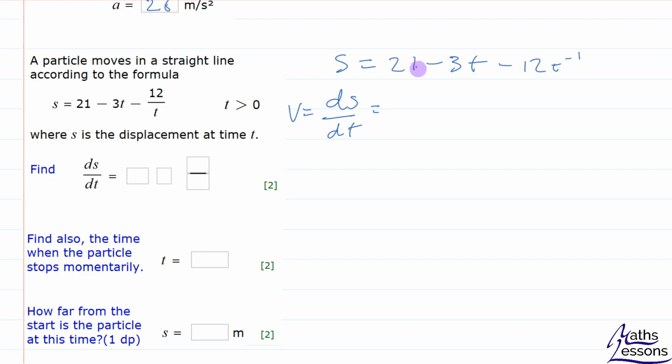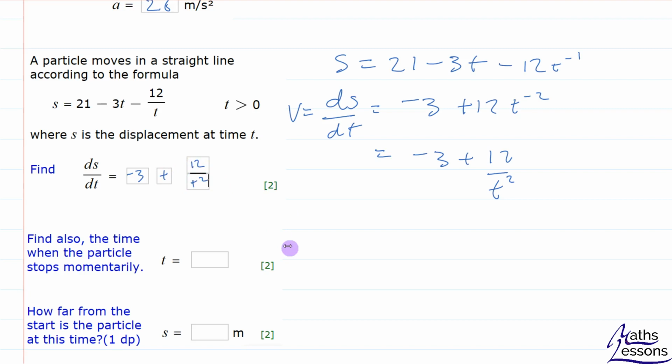21, numbers do not change gradients, so ignore that. Minus 3t goes to minus 3. Here we've got a power. Times by the power, minus 1 times minus 12 is plus 12. Take 1 off the power, we get minus 2. It wants you to write it as a fraction. Therefore, this is equal to minus 3 plus 12, and minus 2 means we bring the t down underneath, t squared. So you get minus 3 plus 12 over t